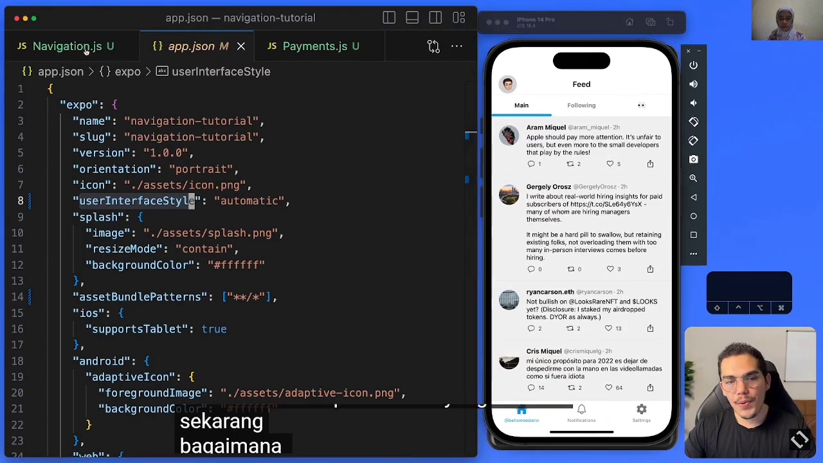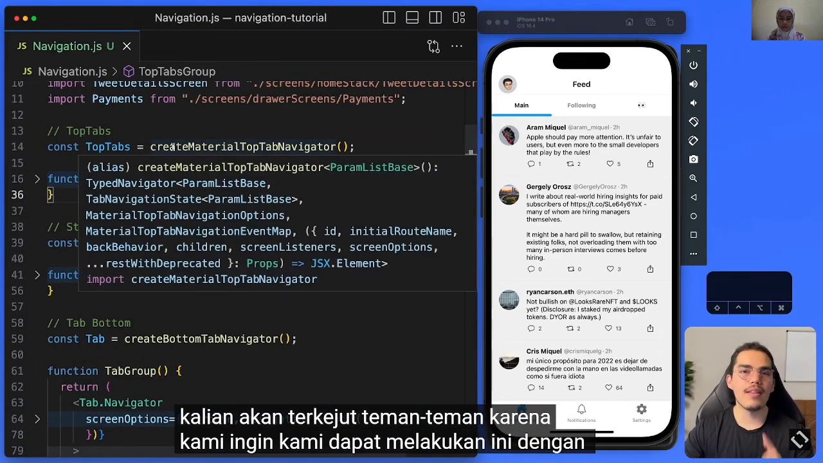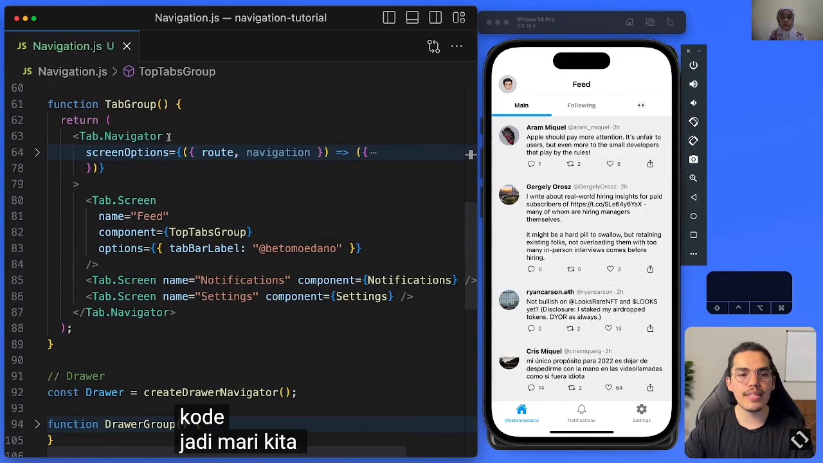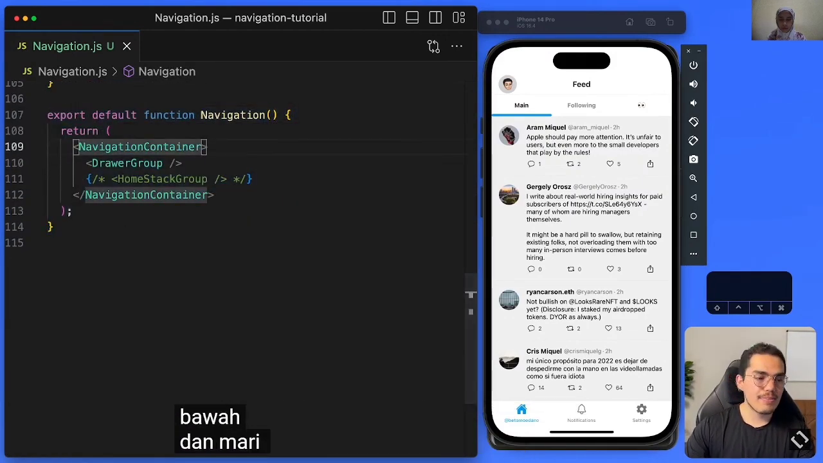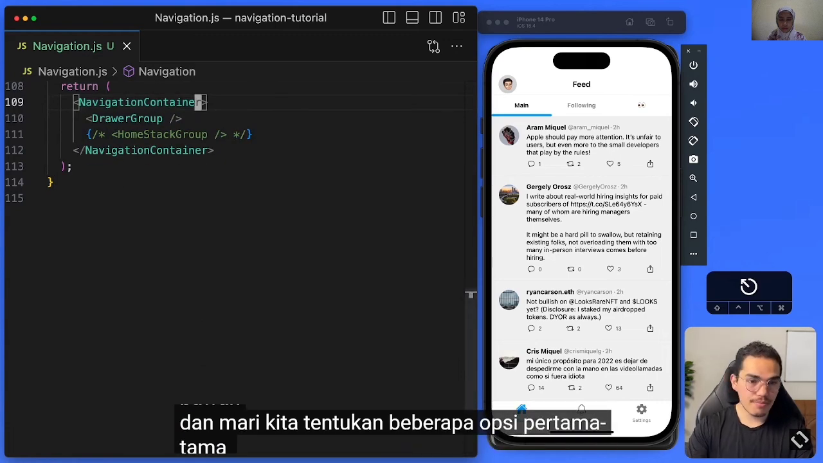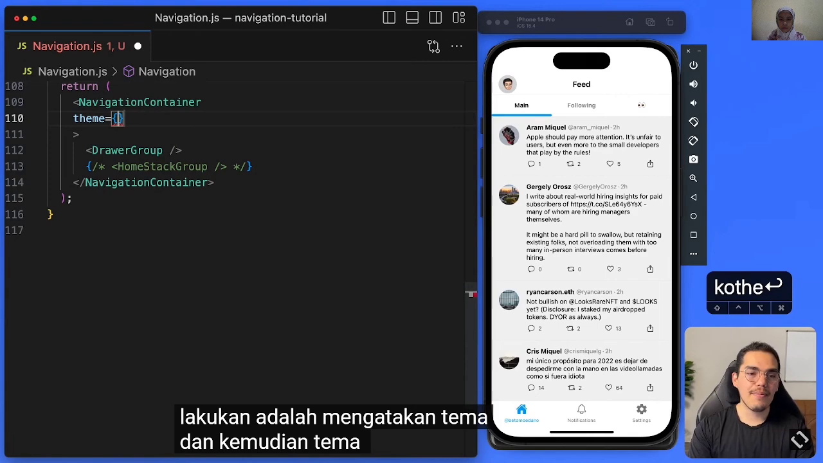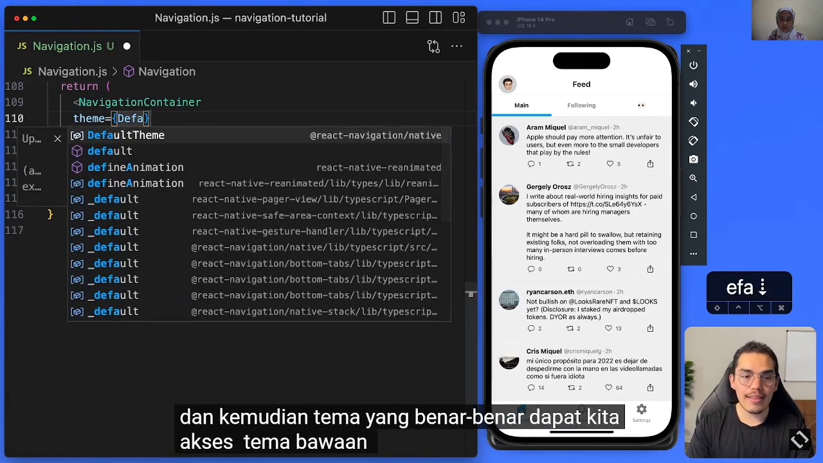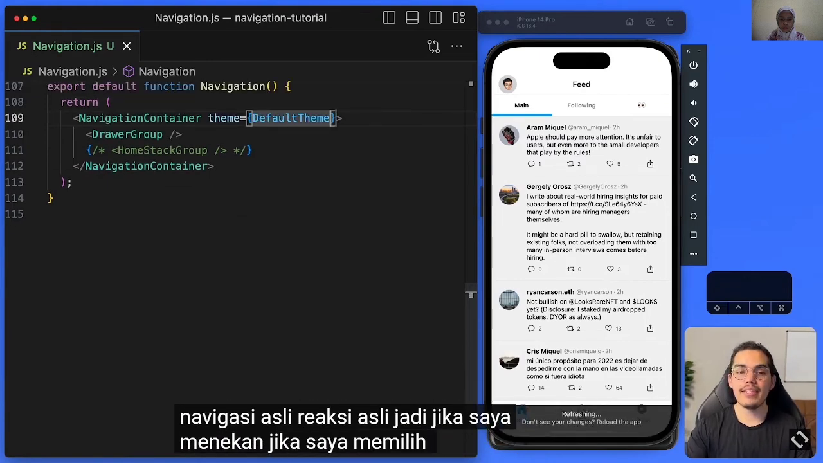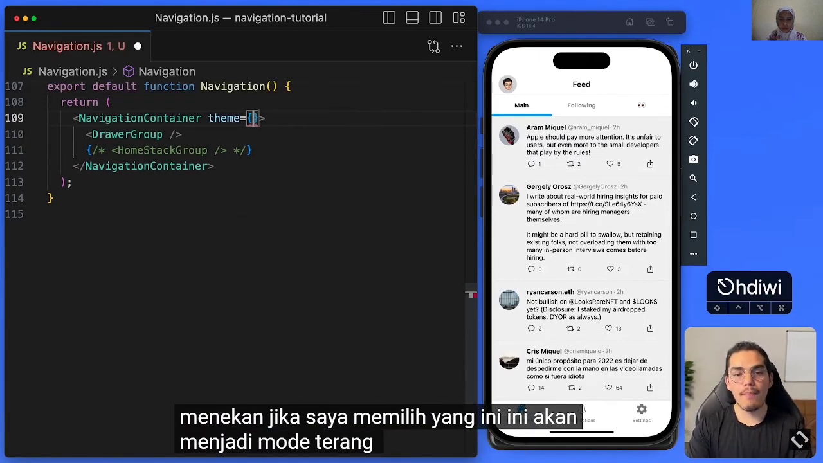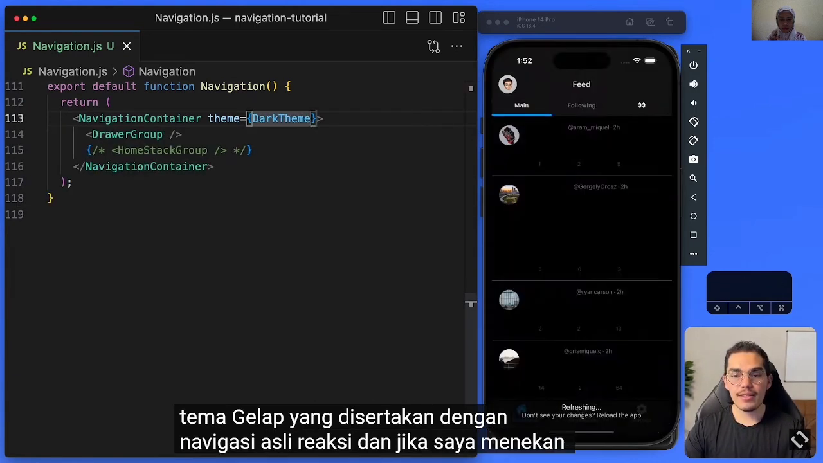Now, how can we add support for dark? You're going to be surprised, guys, because we can do this with one line of code. So let's go to the main navigator that we have all the way here at the bottom, and let's specify some options. First of all, the first line of code that we need is theme, and then for the theme, we can access the default theme that comes with React Navigation Native. If I select this one, this is going to be the light mode. But if I use the dark theme that comes with React Navigation Native, and if I hit save,